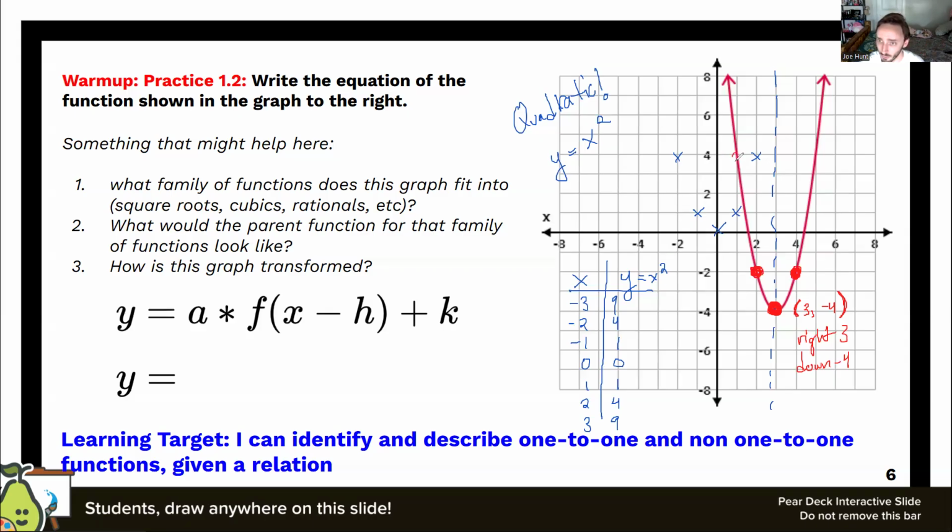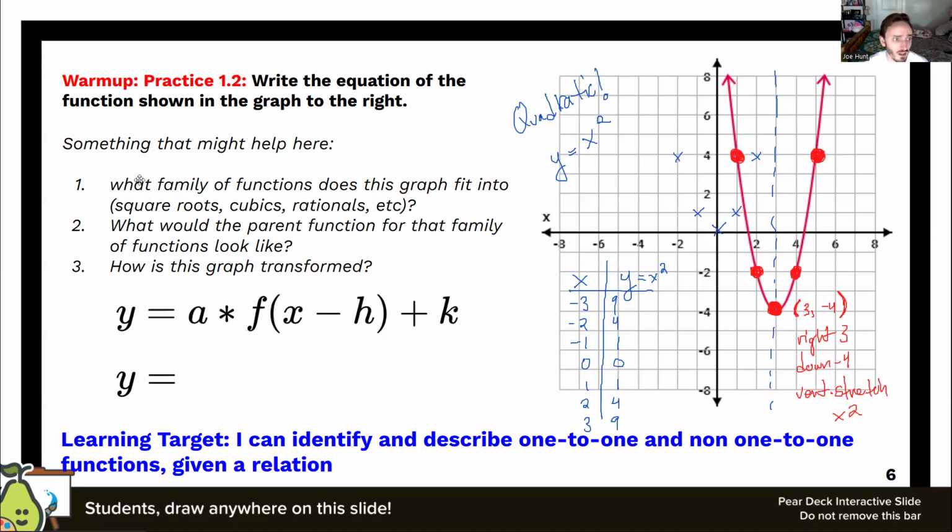For this guy in red, I'm going to notice that I go left or right 1 and then up 6 to hit my next set of coordinates on the lattice point of the grid. So what I want you to think about there is how many times faster is this graph moving? It's moving twice as fast. So there's a vertical stretch by a factor of 2. And if I identify these 3 changes, that's going to allow me to figure out the transformed version of my